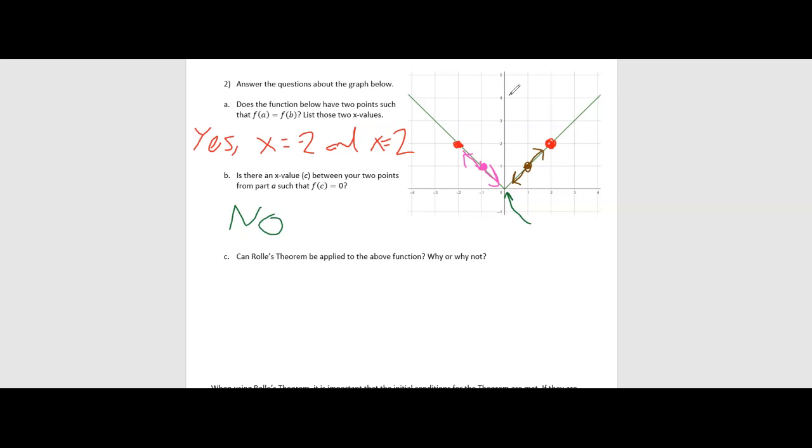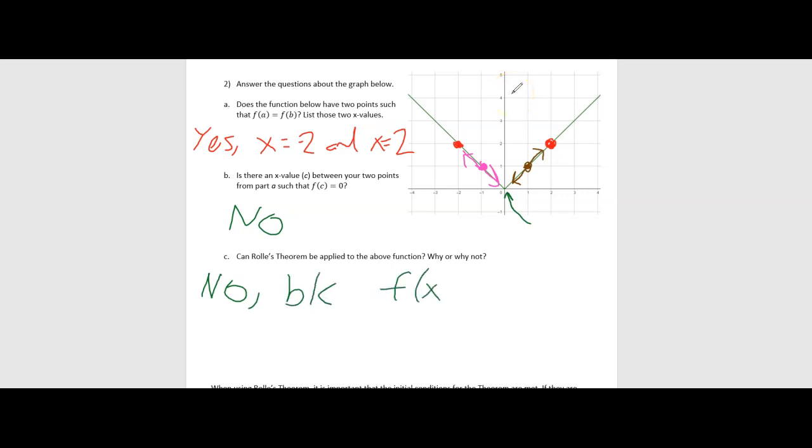Well, why not? Doesn't Rolle's theorem say that we have to be guaranteed an x value where the derivative is equal to 0, as long as we have those 2 points that have the same y values? Well, we got to think back to our initial conditions, right? Having the same y values for your endpoints is only one of the initial conditions, right? There are other conditions that have to be met as well. The function has to be continuous, which this function is, right? There's no discontinuities between -2 and 2. But the function is not differentiable on the open interval because it's not differentiable at x equals 0. So Rolle's theorem does not apply here